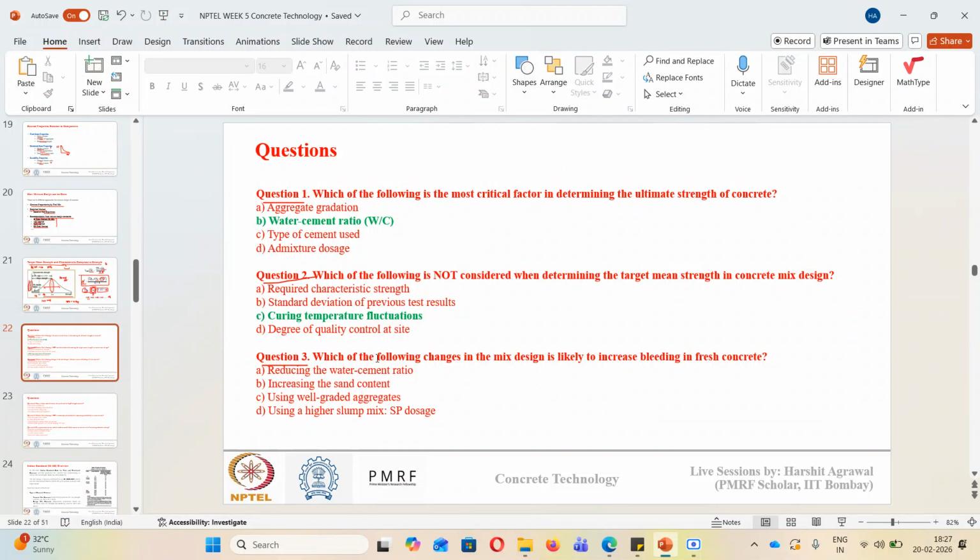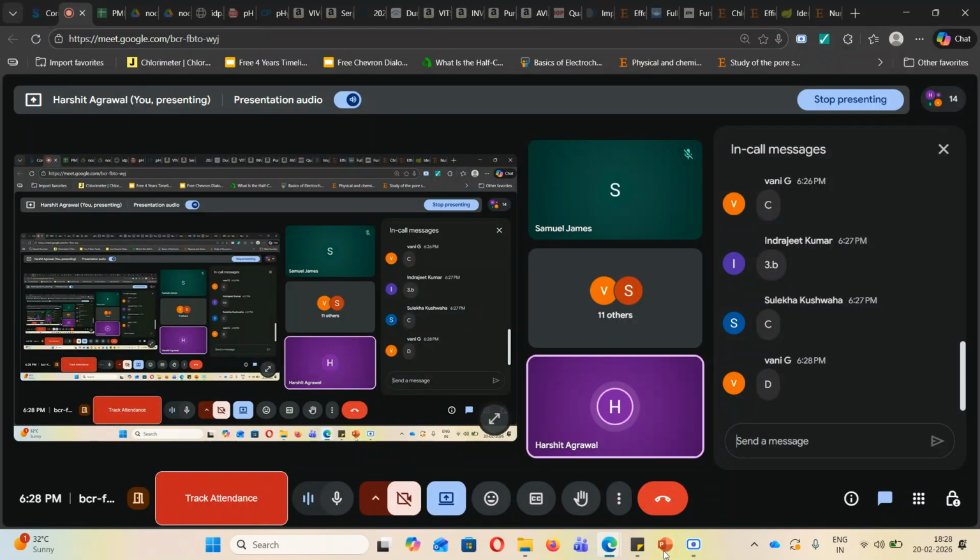Question number three: which of the following changes in the mix design is likely to increase the bleeding in fresh concrete? It should be mixture design. Which of the following changes in the mixture design is likely to increase the bleeding in fresh concrete? So the correct answer is D,